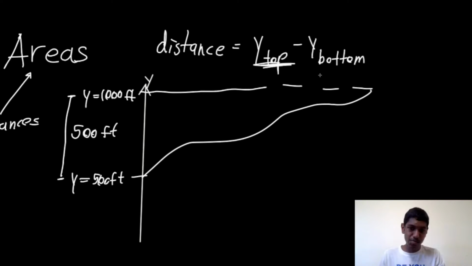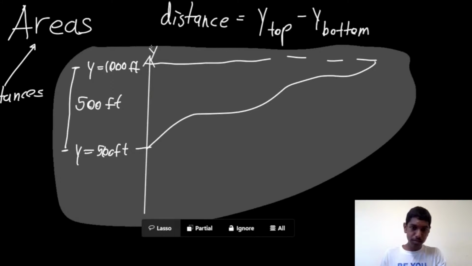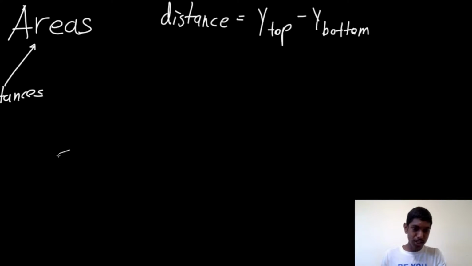Now, why is top before the bottom? Because higher points will have a higher y value, right? And at the end of the day, we want a positive distance. That's why we didn't do, for example, 500 minus 1,000. Now, we can apply a very similar logic to